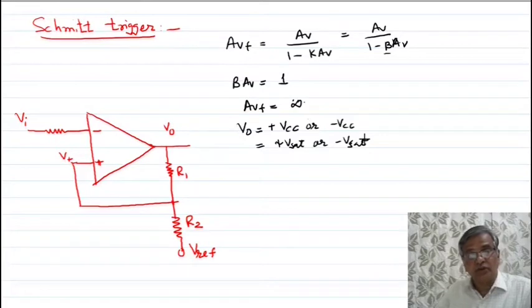In practice, it may not be possible to keep the loop gain equal to 1 for a longer time interval because of power supply voltage and temperature variation. Due to this reason, the loop gain is kept slightly greater than 1. This also gives a virtually discontinuous waveform at the output at the comparison voltage.